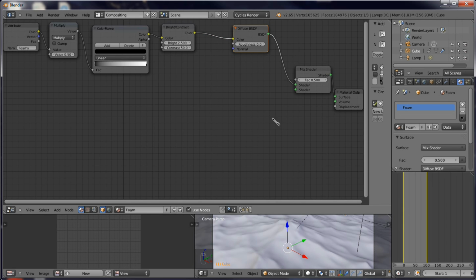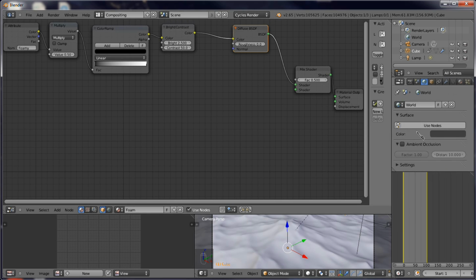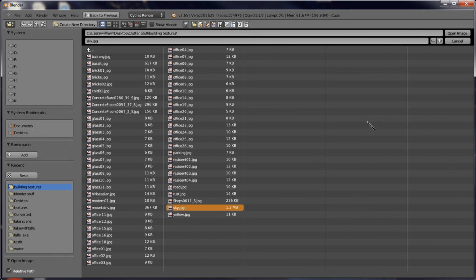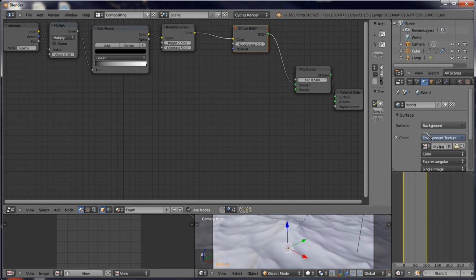And then we want to give the rest of the water a little more look like water. One thing you might want to do to add some of that look is go into your world and in your background select environment texture. You can get some of these maps off the internet. There's a ton of them out there people are giving away. I've got one here that I've used a few times. You want to apply that to the world, and it will generate light and help you to see through the